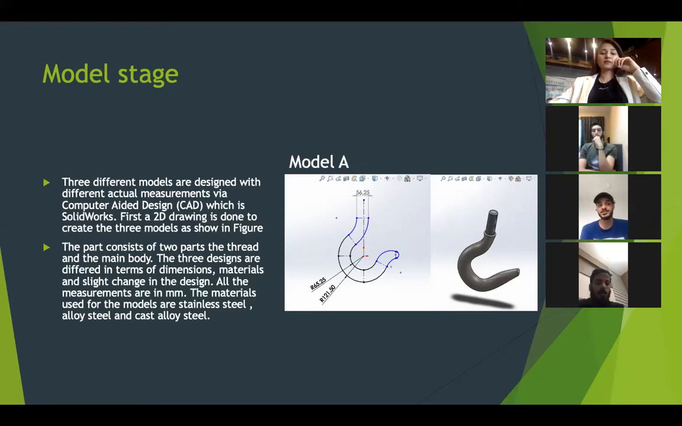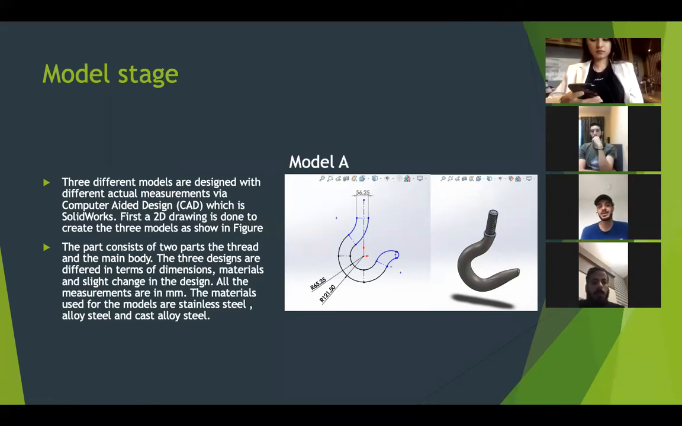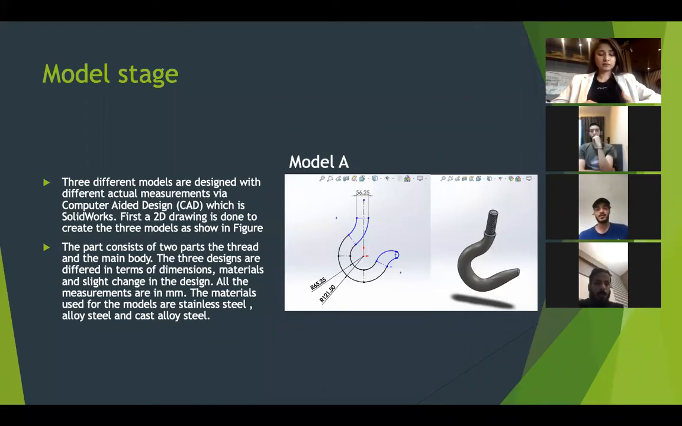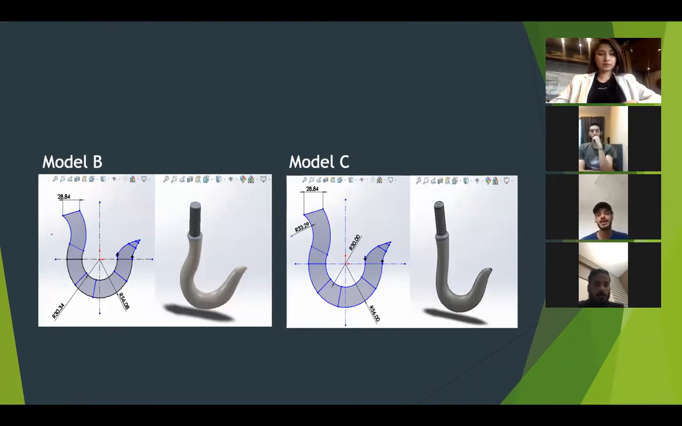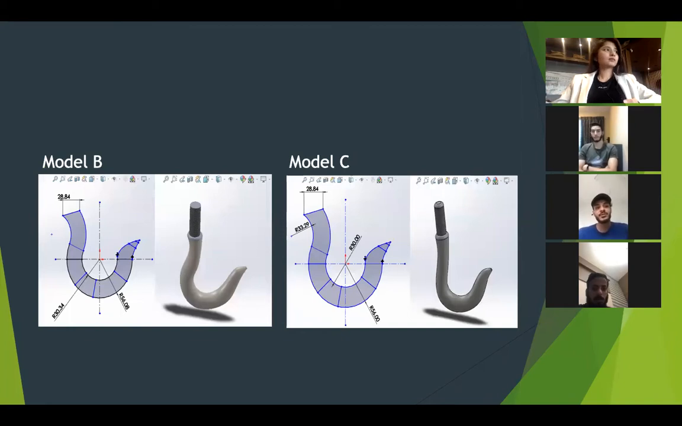different in terms of dimensions, materials, and slight changes in the model. Model A, you can see it here, is made from stainless steel. Next slide. And you can see in model B, it's alloy steel, and model C is cast alloy steel. As you can see, for each part, you can see the difference in the measurements, which is the diameters and